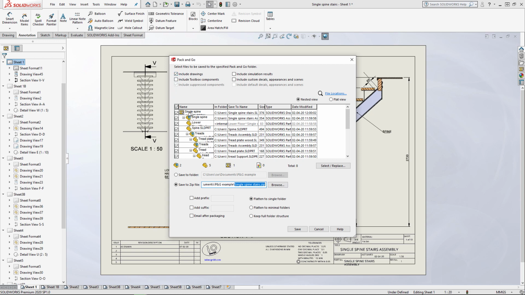And the top level here, as you can see, is this multi-page assembly drawing, and then some of the reference documents are that top level assembly. There's a sub-assembly in here called treads. There's some part files at the top level there, just underneath the top level assembly. There's some part files in these sub-assemblies as well. But basically, whatever's got a tick in the box on the left hand side here will be included in that zip file. So by default, it includes all the items that are required to make this assembly drawing open properly